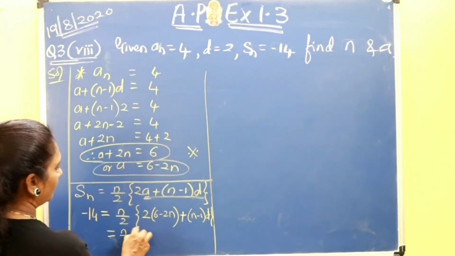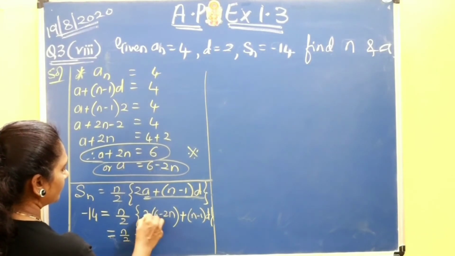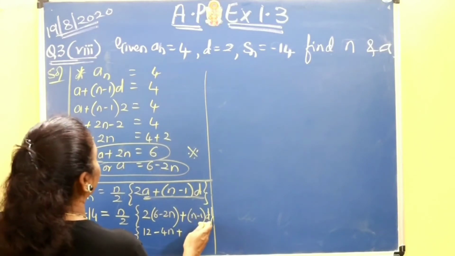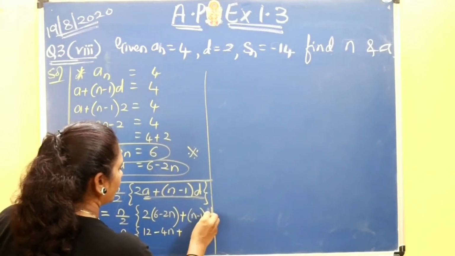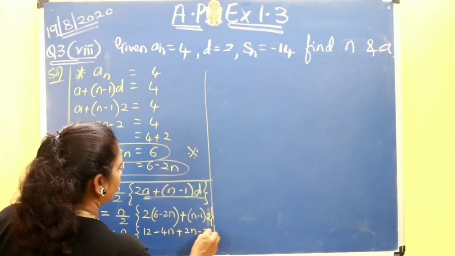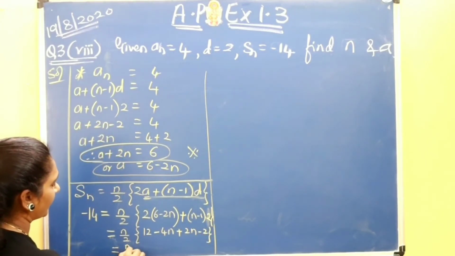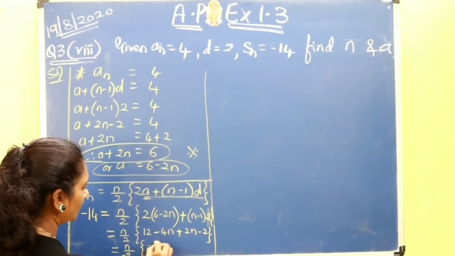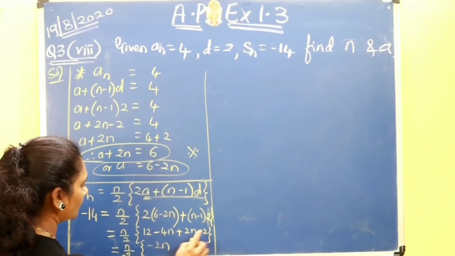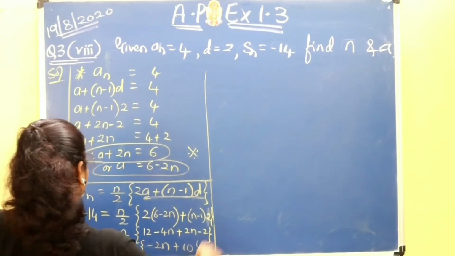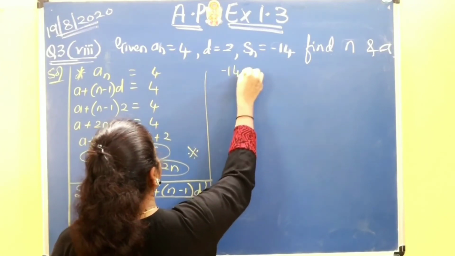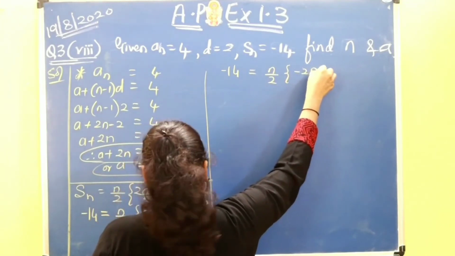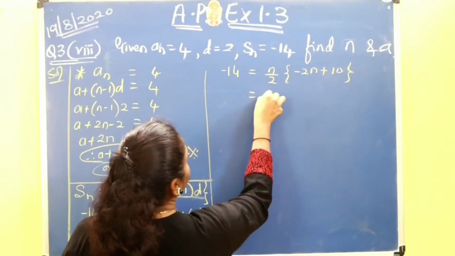So it is n by 2. 2 sixes are 12, 2 twos are 4n, plus your d. Value of d is 2, so instead of d you can write 2 here. You will get 2n minus 2. These are the things getting within the bracket. N by 2. So this is 4n and 2n, you will have minus 2n. 12 and 2, you will have plus 10. So minus 14 is equal to n by 2 into minus 2n plus 10. Here if you take common,